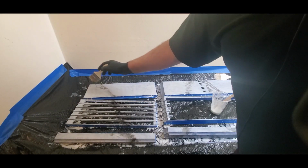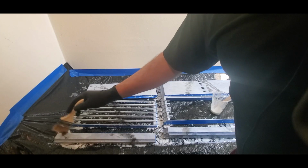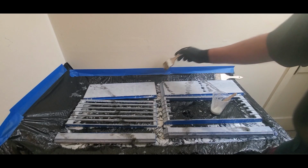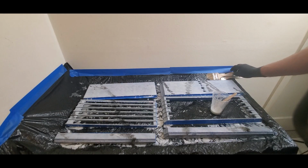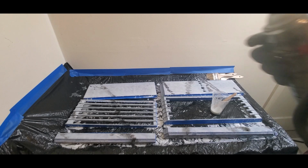I'll take a little bit more of this over here, just a little bit up there, throw some of this up here, and a little pile down there, a little there. Okay, now I'm going to start adding some veins, and how I'm going to do that is, again, I'm going